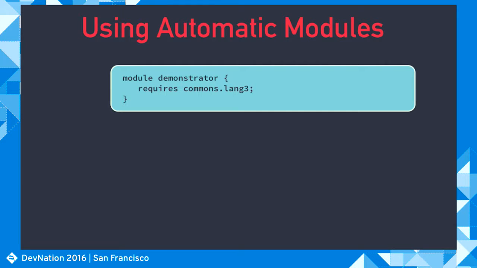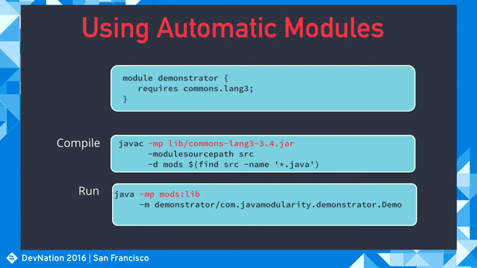First of all, I have to write the module descriptor for my code. And in that module descriptor, I have a require for another module, commons.lang3. And as we have seen, that's not actually a module. But we can turn it into a module by just moving that commons lang jar file to the module path. So this is just something that you have to pass into the Java command and the javac command. And that's it. Derived from the name of the jar file, we get this commons lang3 library or module. And we can just start using it as if it were a fully modular jar file containing a module info.